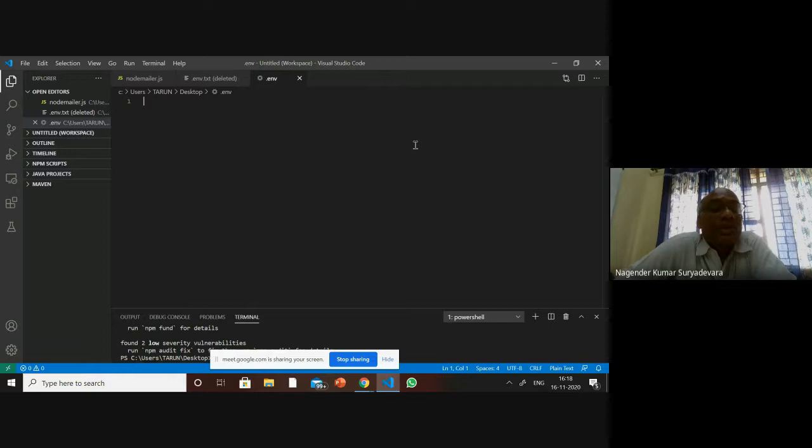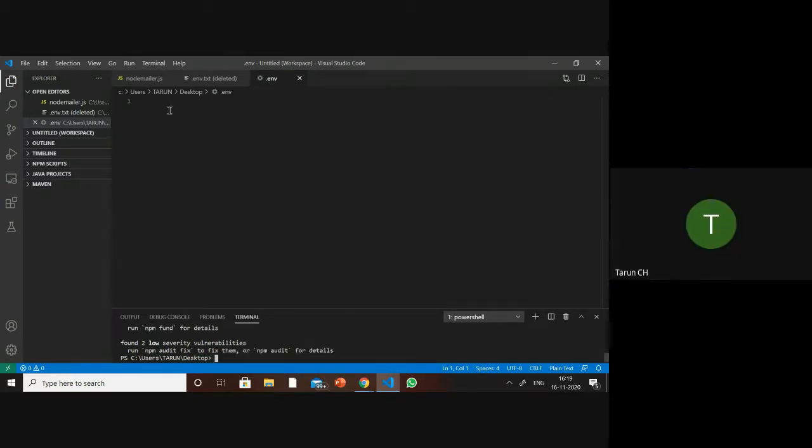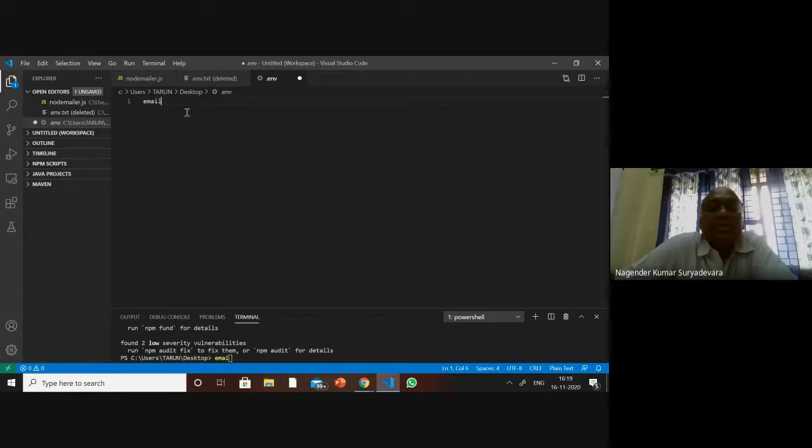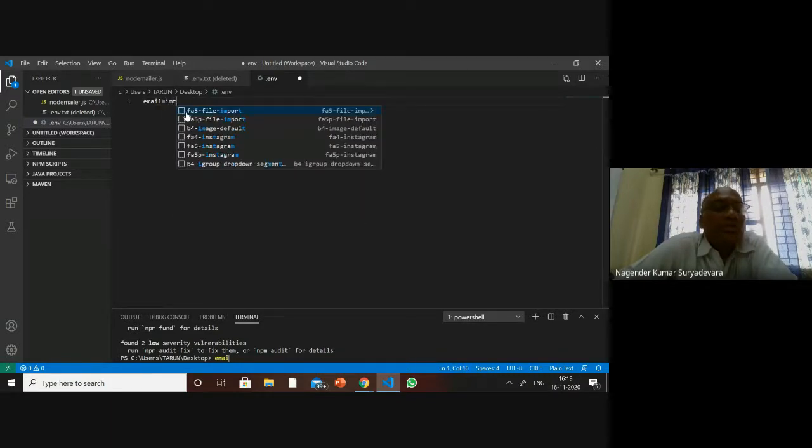Okay, next for that one. Now this is basically a hidden configuration file that you are going to set up for your environment variables that can be used here. So now give that email and password. Email is equal to whatever email you are using to transport that particular object.